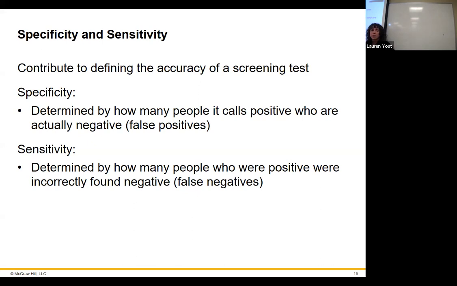To me, sensitivity makes more sense, right? So that's how I think of it, as long as you can remember the two words, specificity and sensitivity. Sensitivity says how many people were positive but were found as negative. So you want to be as sensitive as possible. You want to pick up as many of the positives that are out there. You want to find every positive there is. If there is a positive, you better be popping positive, right? So it's very sensitive because it'll pick up anybody that's even slightly positive. That's the idea of sensitivity.